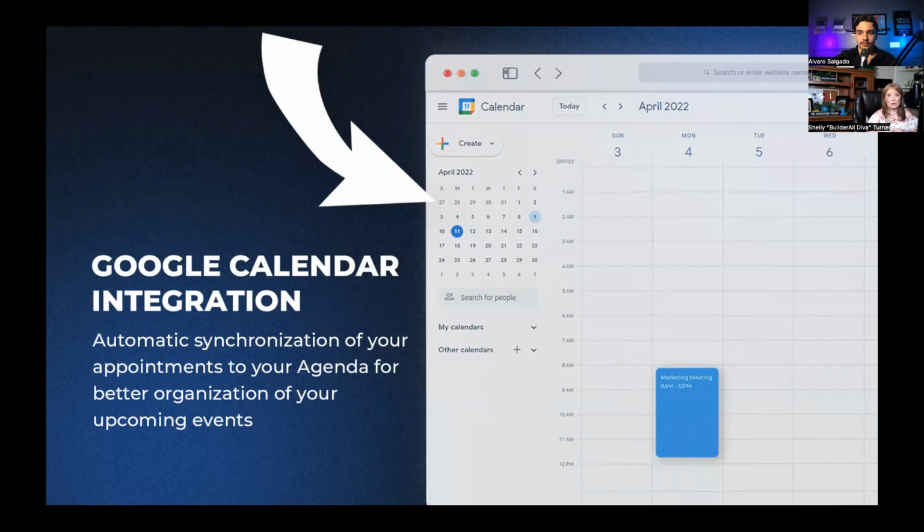It integrates with Google Calendar. This is a feature that I absolutely love, and I use this feature. This is where you can set up your calendar, and when an appointment is set up, it goes straight to your Google Calendar that you connect with, and then you can track that Google Calendar and when you have appointments set up. The value in this for me is I've got Google Calendar on my phone.